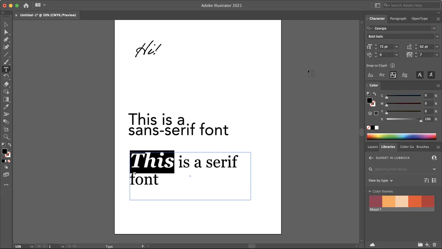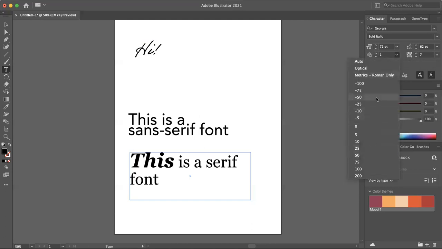Okay. If you decide you need more space between two letters, you can put your type tool between them. I'm sorry, I learned that as the text tool. It's not called that. It's the type tool. I will get that correct by the end of this class. But if you want to change how much space is between just two letters, put your type tool between them, and then you can come over here and change the kerning.